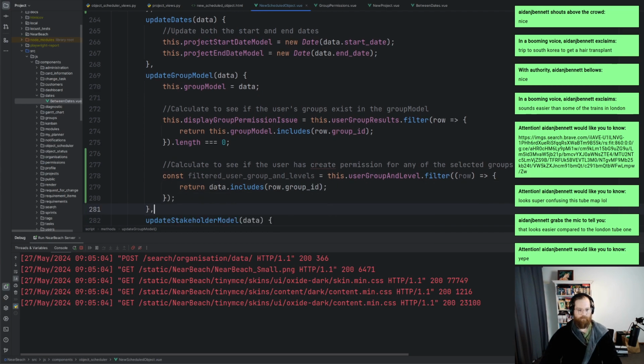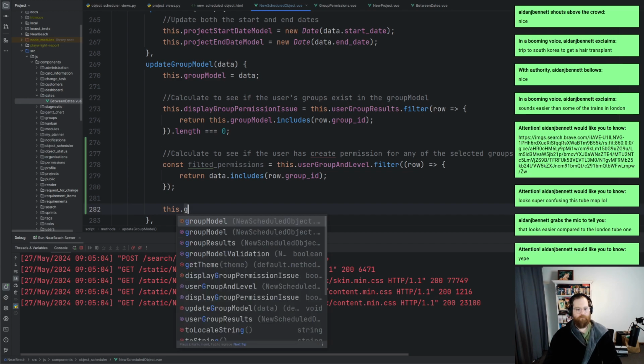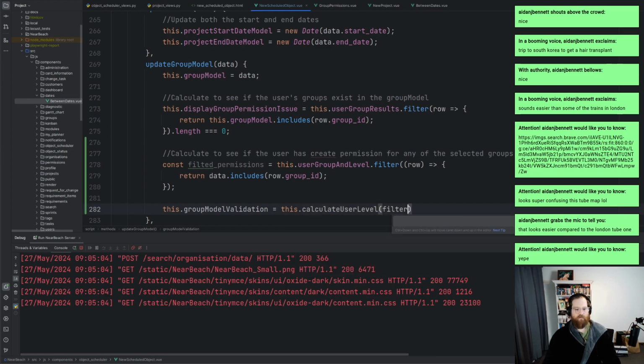Like so. And then calculate to see if the user has create permission for any of the selected groups. All right, I'm just gonna go filtered permissions. It's gonna be as easy like that. And then what we want is this dot group model validation equals this dot check calculate user level, and then we go filtered